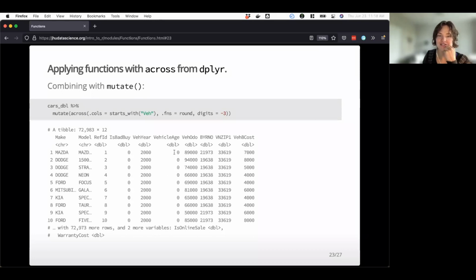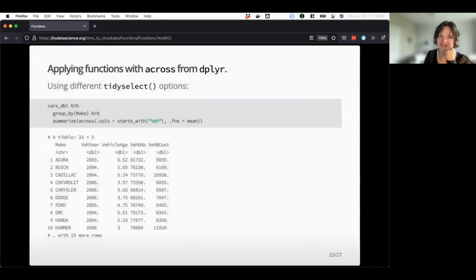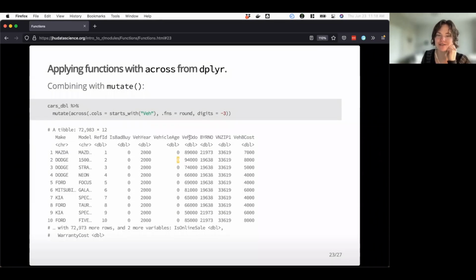And vehicle age is to 0, right? Because that's the nearest 1000. So maybe it doesn't make the most sense, but maybe for odometer, right? But in general, this is nice if I want to kind of apply an adjustment to multiple columns,